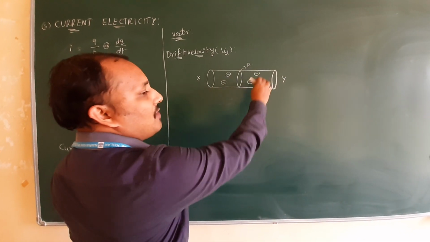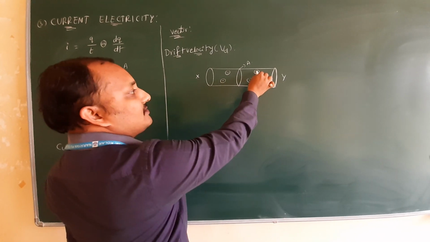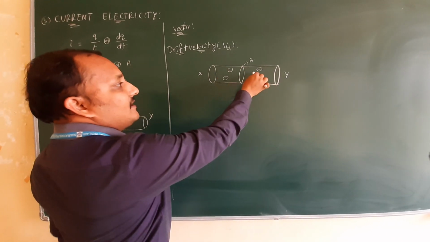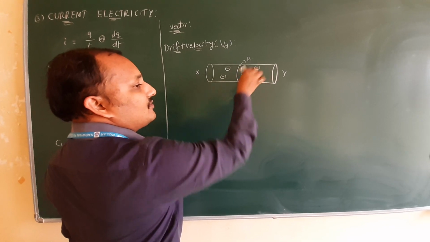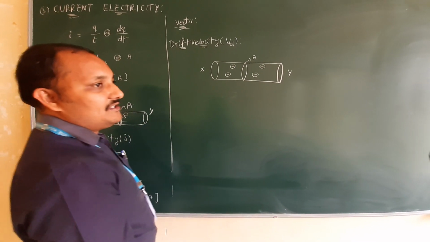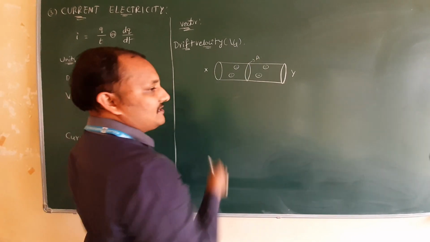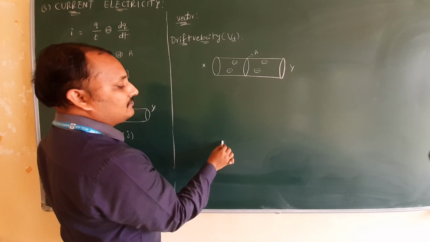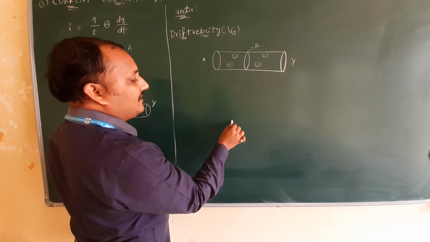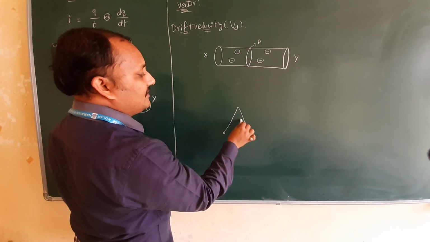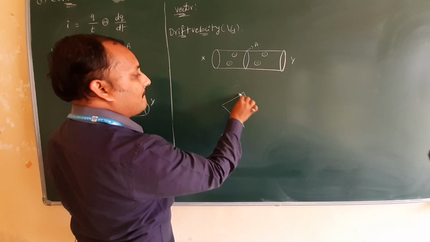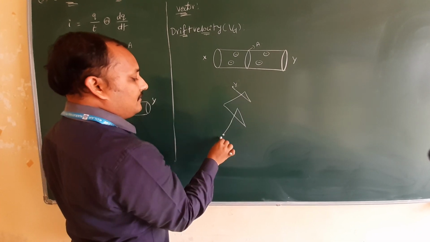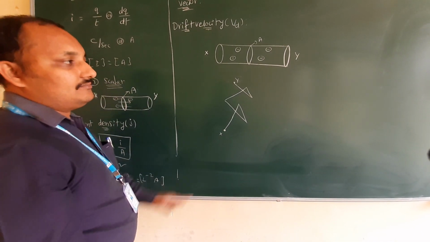In this, so many atoms and molecules will be there. Whenever this electron is moving, it will not move straight. It will collide with the many atoms and molecules. Collision is going to happen. Therefore, the path of this one I am going to draw like this. This is the electron, moving like this, like this. It started at X, reaching Y.